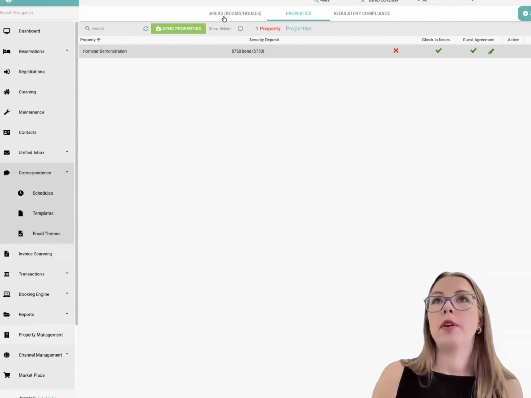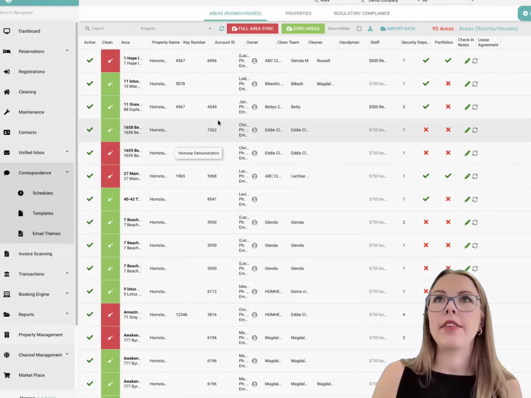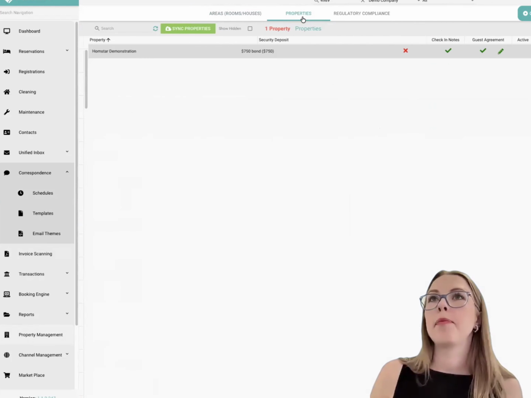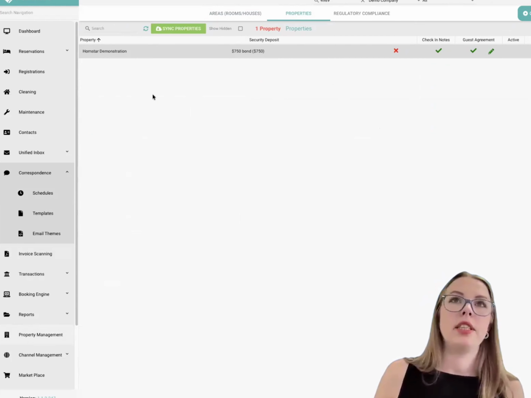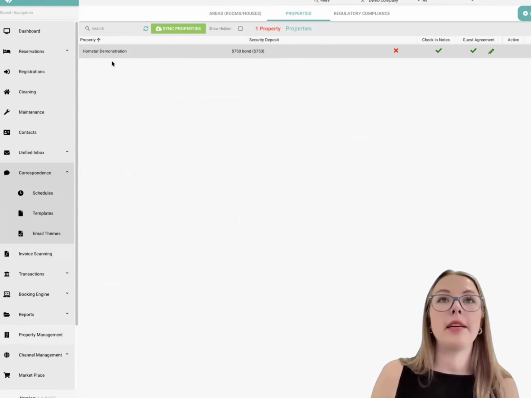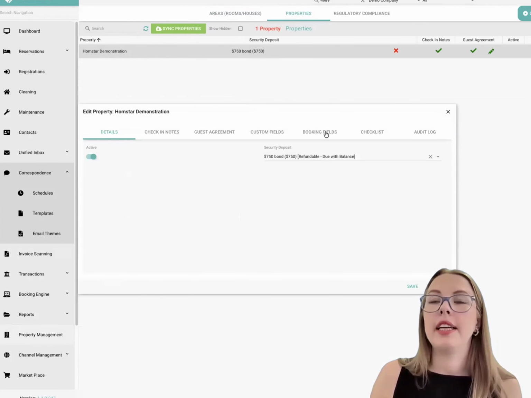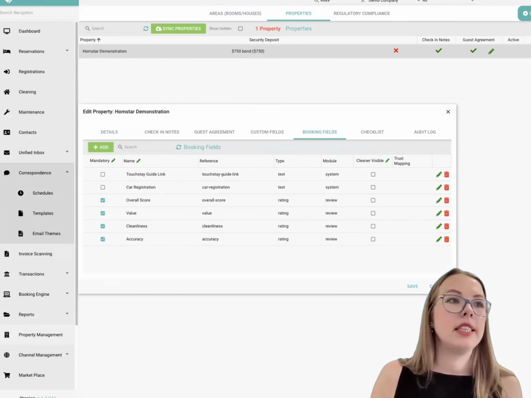Up the top here, you have got areas. This is your default tab that it usually goes to, which is all of your areas or houses. Then you've got your properties tab. So this is sort of your default settings for your account. Yours will have your company name here. So if we double click to edit this one and then go to our booking fields,